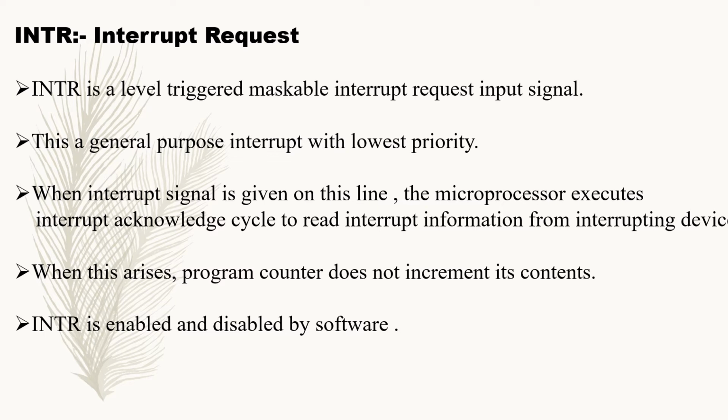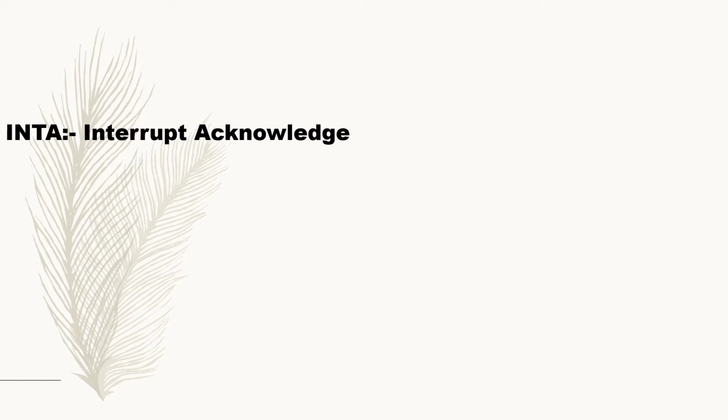Okay, so these are the 5 important interrupts, that is TRAP, RST 7.5, 6.5, 5.5 and INTR. When it is asked in the board paper, explain the pin configuration of interrupts, you are going to write as it is. We are going to learn INTA, which is an acknowledgement signal, but it comes under the category of interrupt. Interrupts, we have only 5, keep in mind. This is an acknowledgement for interrupt, that is INTA.